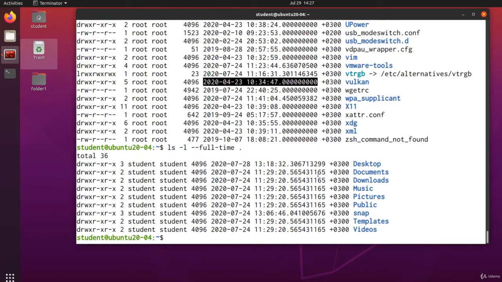Let's talk about changing the file timestamp. This is useful when you want a backup program to include or exclude some files, or when you simply do not want other users to know that you've read or modified the file. You can change the timestamp on a file using the touch command. The touch command is also used to create an empty file. So, if the file, which is the argument of the touch command, does not exist, touch will create it. But if it exists, touch will update the file timestamps to the computer's current time.